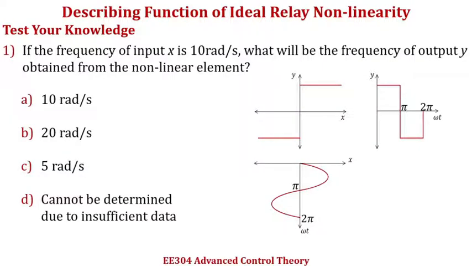In this figure, the input sinusoidal signal is given, the nonlinear element is given, as well as the output is given. This is the generalized representation. So if you look carefully, from 0 to pi, the input signal has its positive half cycle, and hence the output signal also has its positive half cycle. Similarly, from pi to 2 pi, the input signal has its negative half cycle and the output signal also has the negative half cycle. So whenever you have a positive half cycle of the input, the corresponding output will also have its positive half cycle.